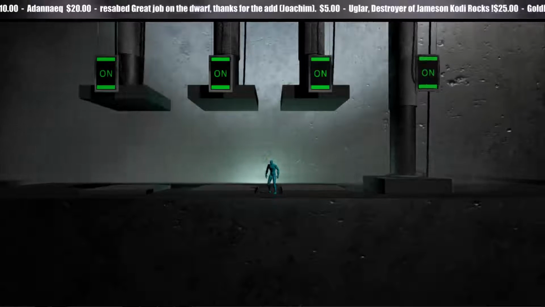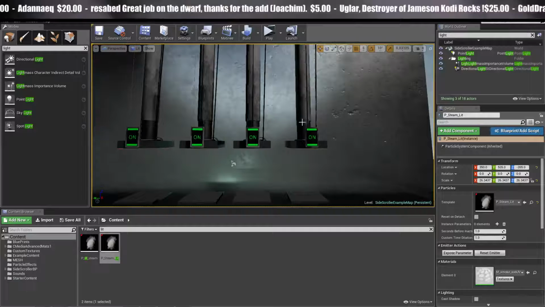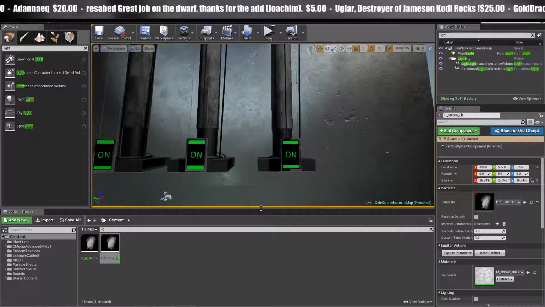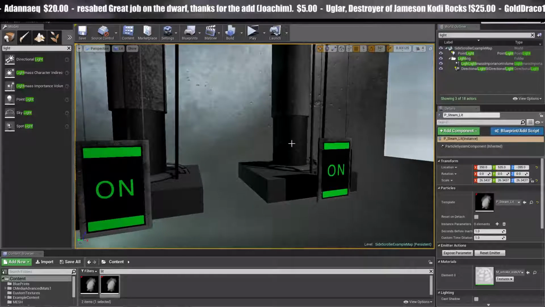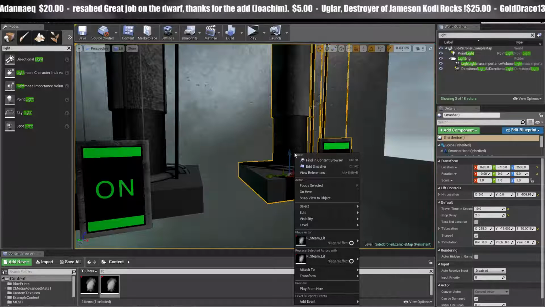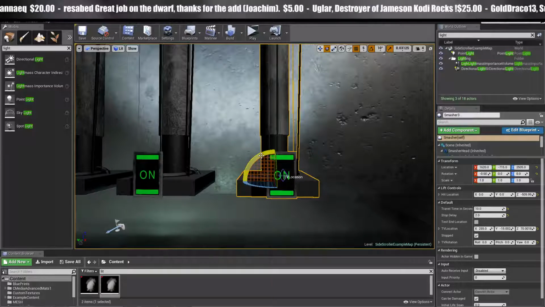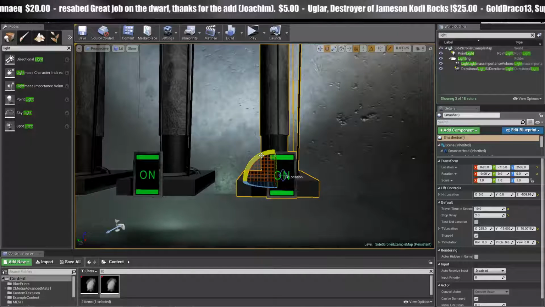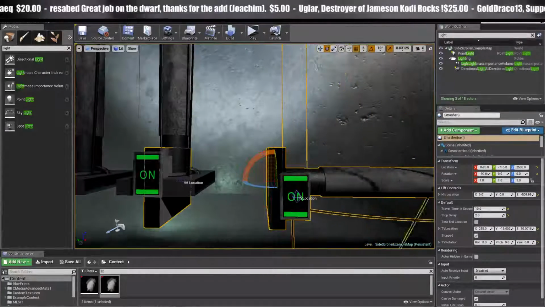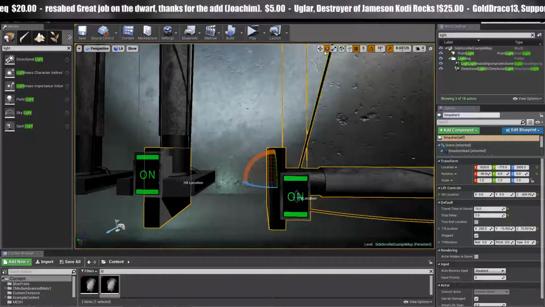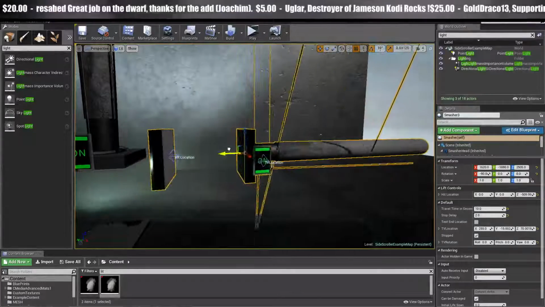So let me show you guys real quick how I set up this blueprint and some of the features of it. One thing I want to point out first is that a big goal of mine when making this piston was to make sure that I could rotate it any direction I wanted and it would still be usable. The previous version had an issue where when I rotated it, the transformation got all out of whack. So you'll notice if I transform this sideways, and I'll just move it over a little bit so it's not hitting that,